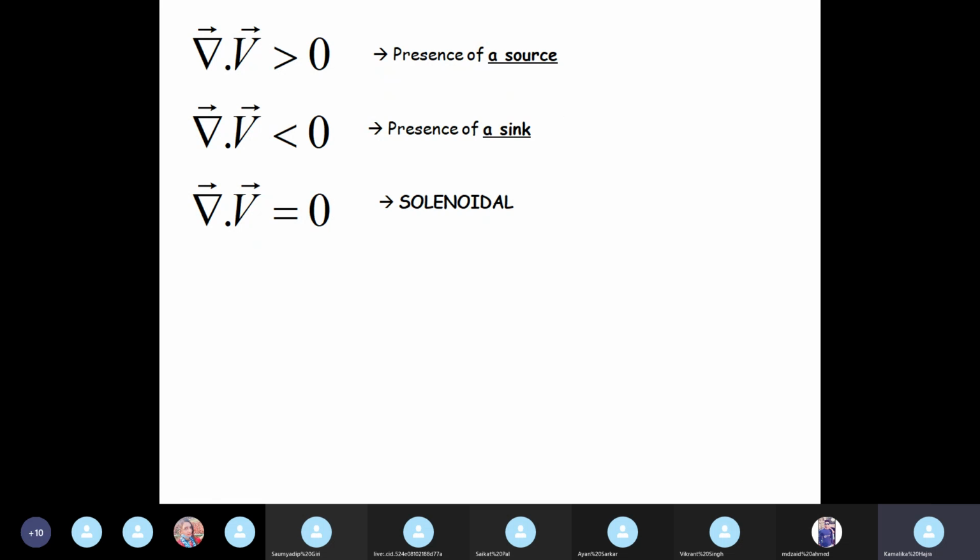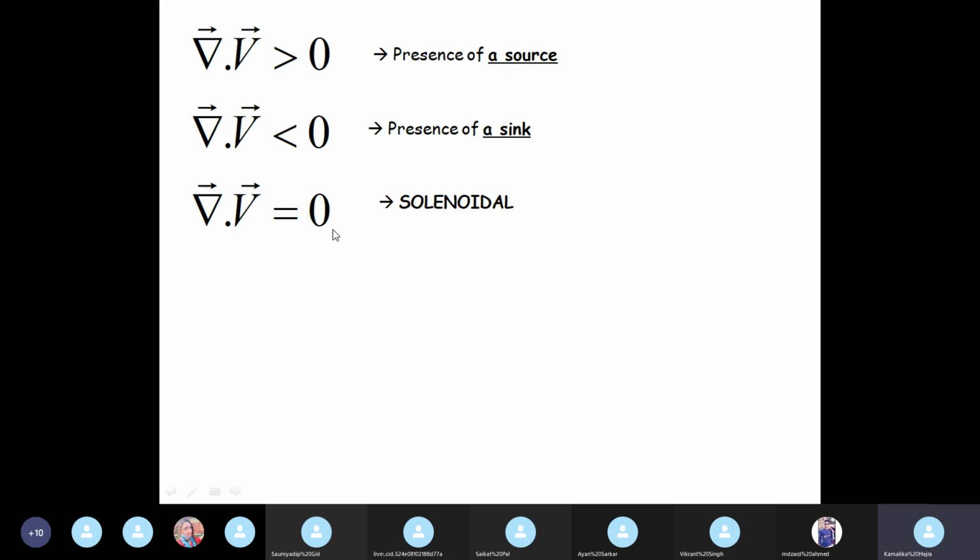All right. On the other hand, if the flux is less than 0, it means there is a sink. So 10 people came in and 5 people came out, so those 5 people must be staying inside the room. Or if staying inside the room is not allowed, it means 5 people went out through some other door and the remaining 5 are coming out through the second door. So it means that there is a sink. Greater than 0 means presence of a source, less than 0 means presence of a sink.